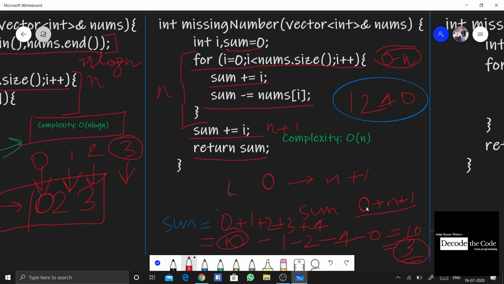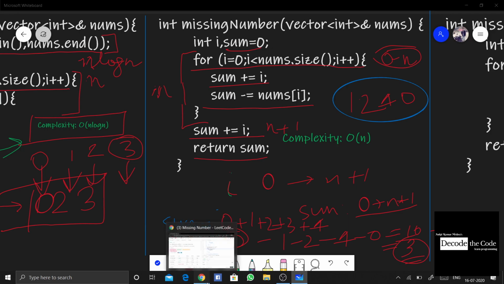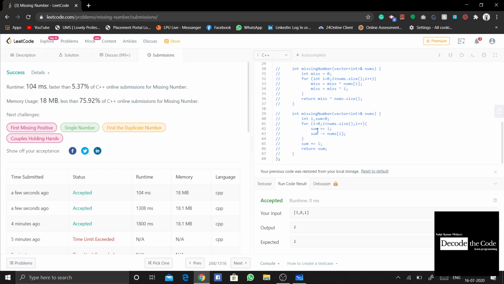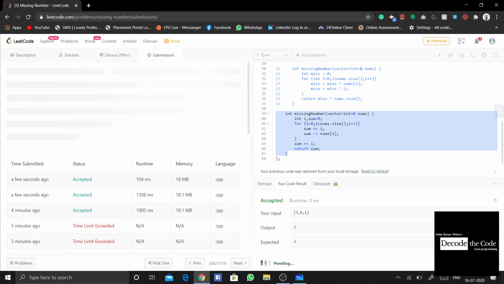And hence you can see over here the complexity of our solution is just going to be n, because there is only one loop and we are just using a variable sum to store the value, as well as to subtract the elements as they appear in the array. So we see that this is quite optimal, and let's now comment out the previous output which we had sorted first and run this code in order to see what our complexity would now look like.